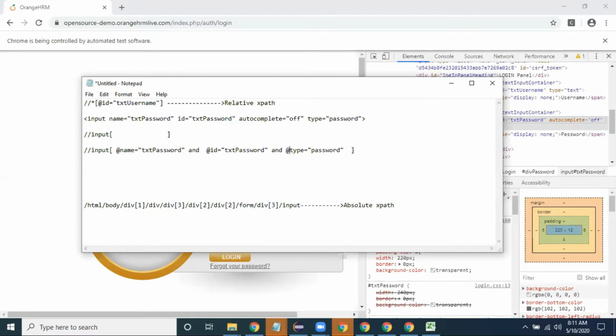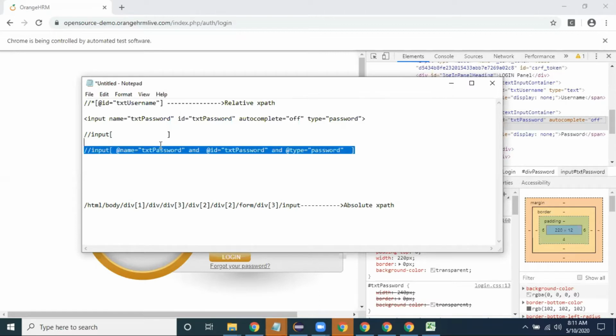Does it support AND or OR, both operators? Yeah, but there is no meaning if you are writing the OR operator, though the OR operator is also allowed. If you are adding the OR operator, that web element cannot be identified uniquely. Uniquely, correct. Okay. So that's the reason most of the time 99% of people will use the AND operator.